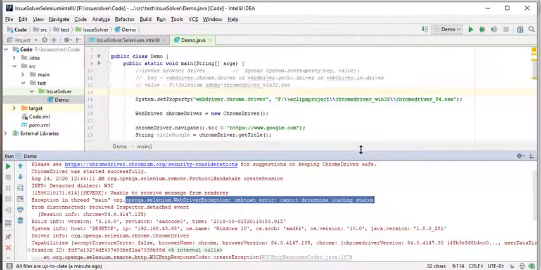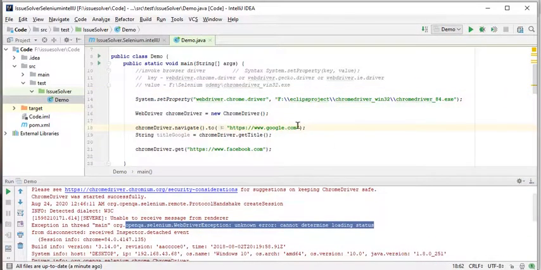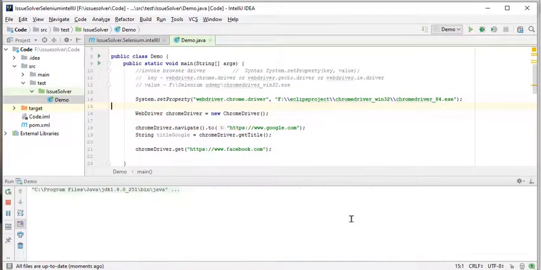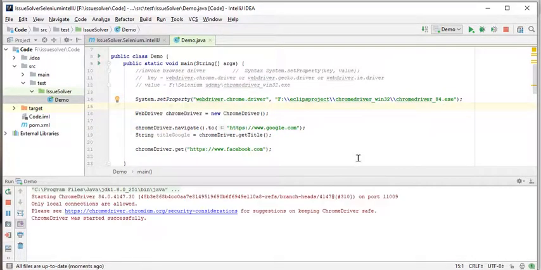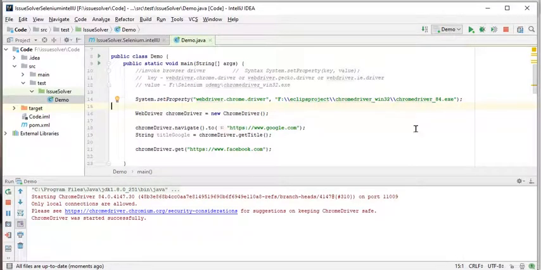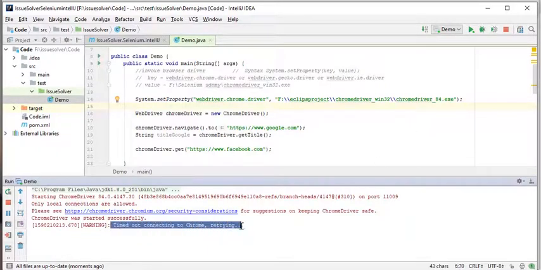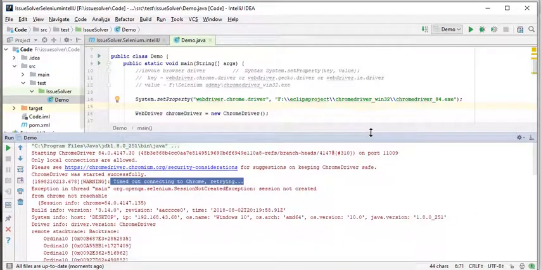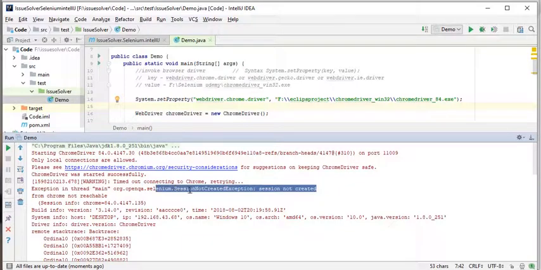I have closed it while it was trying to launch Google, but I will run it again. Suppose it gets launched and immediately crashes. This also happens many times with our code. Our script will search for the Chrome driver and then show an exception. The exception is the same, session not created exception, session not created, because Chrome not reachable.